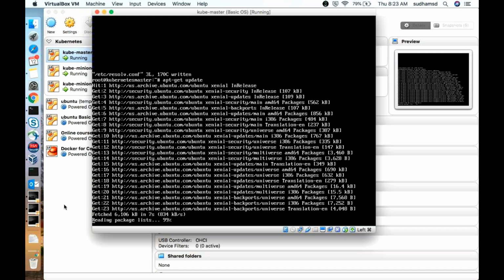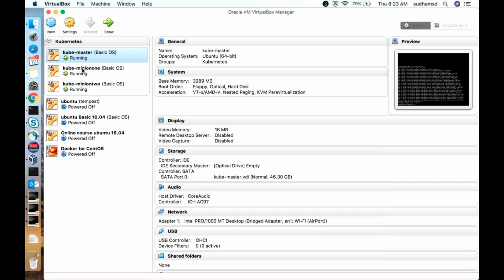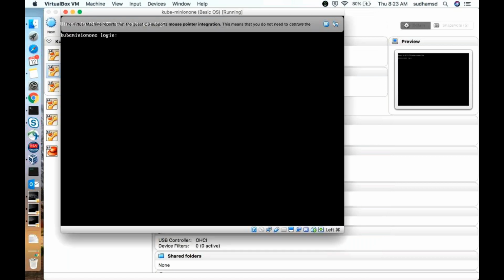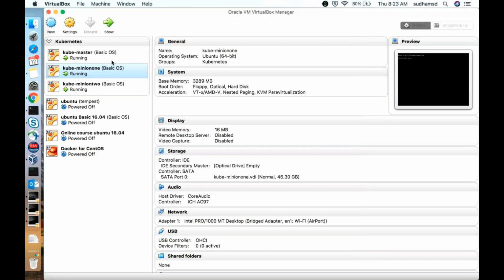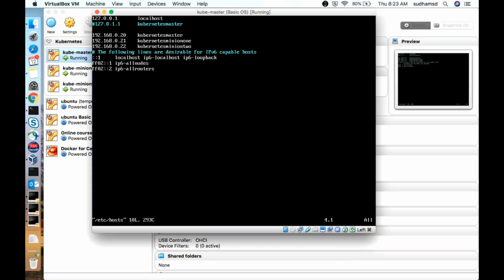Similar to that, I need to do this on all the servers. It is kube minion 1, so I need to change the host name. Sorry, I gave a bit different host name. It is kube minion 1 and kube minion 2.